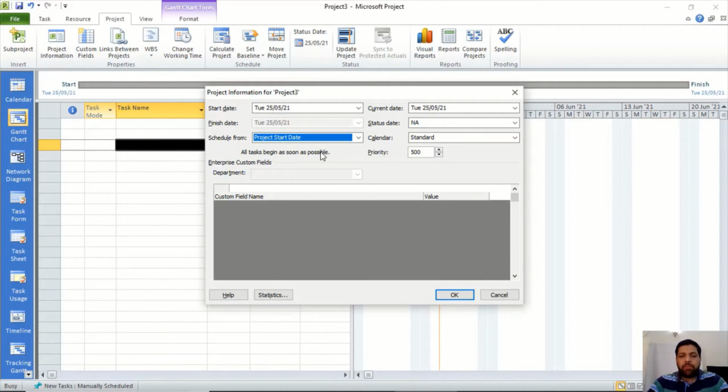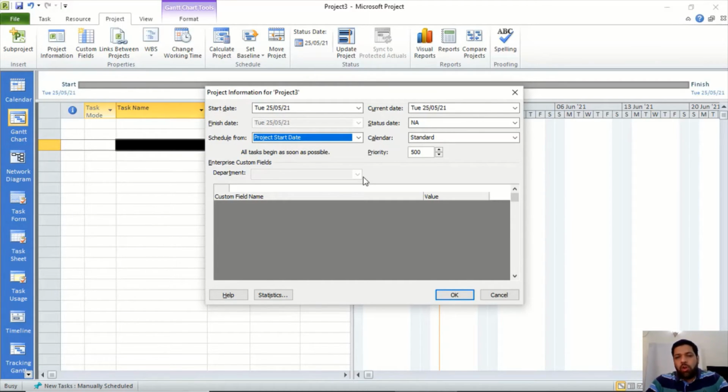For example, if I'm starting a project as of 25th of May, I enter all the activities, dependencies, duration, and Microsoft Project calculates from this 25th date, and it tells me that your project finish date will be August 31st. So that is meant by project start date.